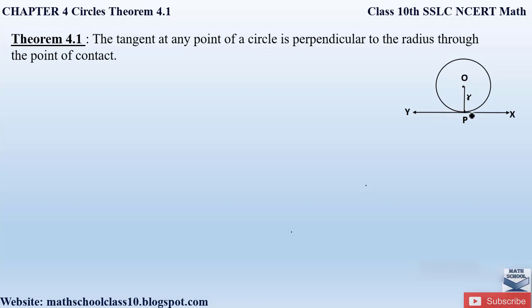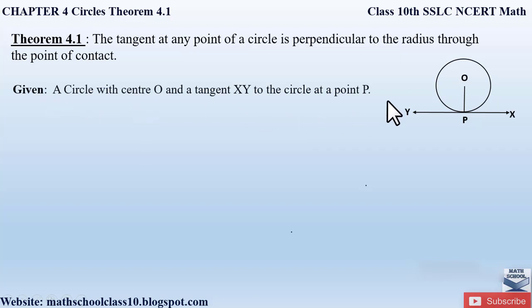There are other points also on the tangent. There can be n number of points on the tangent, but you can observe that the distance between point O to any other point on the tangent will be larger than the distance between point O to point P. So basically, to prove a line to be perpendicular to the tangent, we also have to prove that it is the shortest distance.